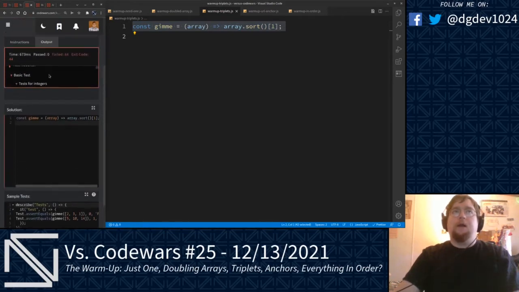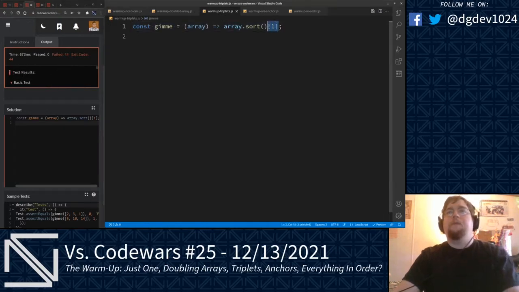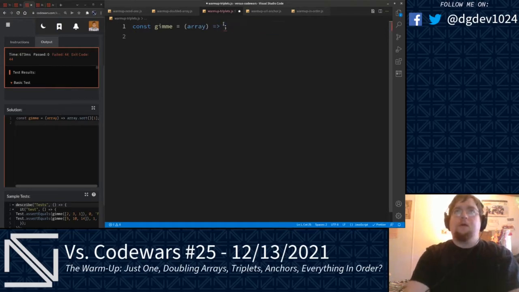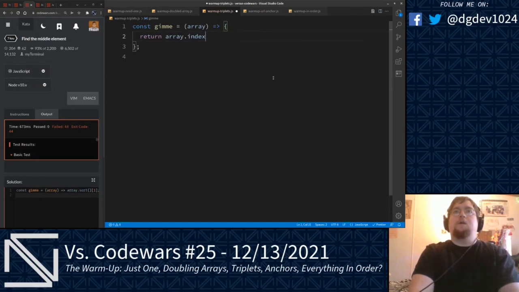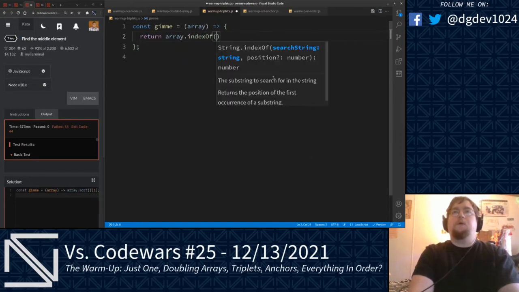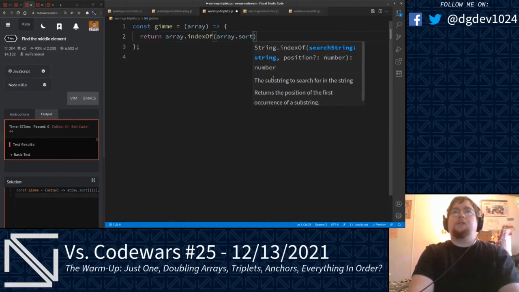And what's going on here? Finds the middle, next to the middle element, expected 2 to equal. Oh, we need the index here. Okay, yep. Probably won't be that simple. Okay. Alright, what we'll go ahead and do is return array.indexOf array.sort at